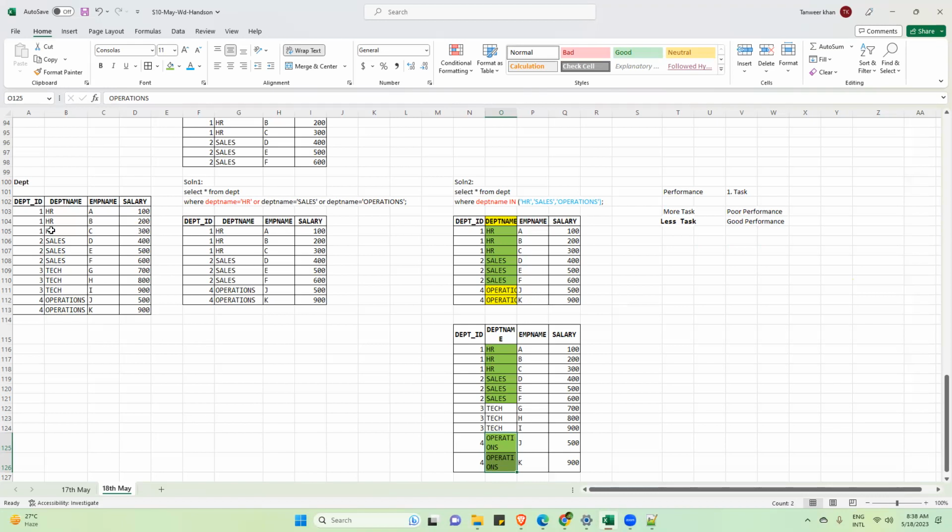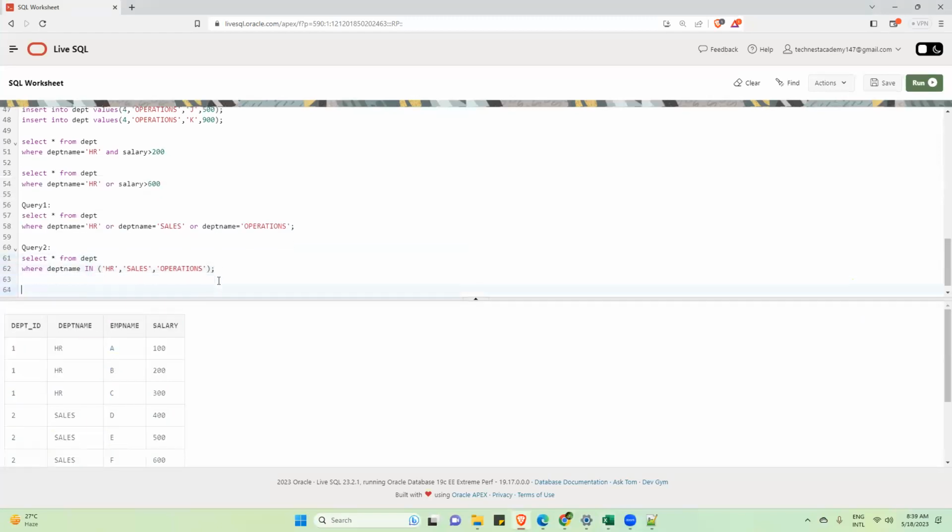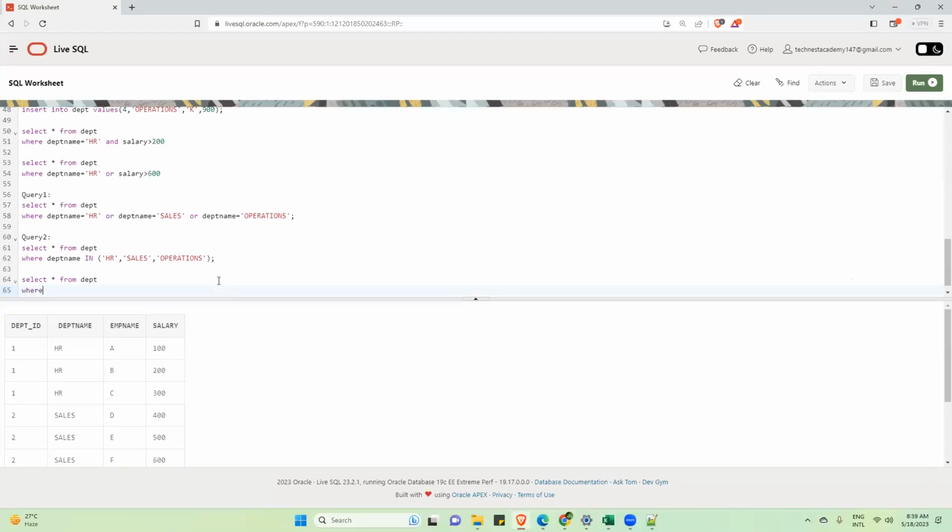Working in HR and earning salary greater than 100 means both conditions have to be satisfied. So what should be the query? SELECT * FROM department WHERE department name = 'HR' AND salary > 100.